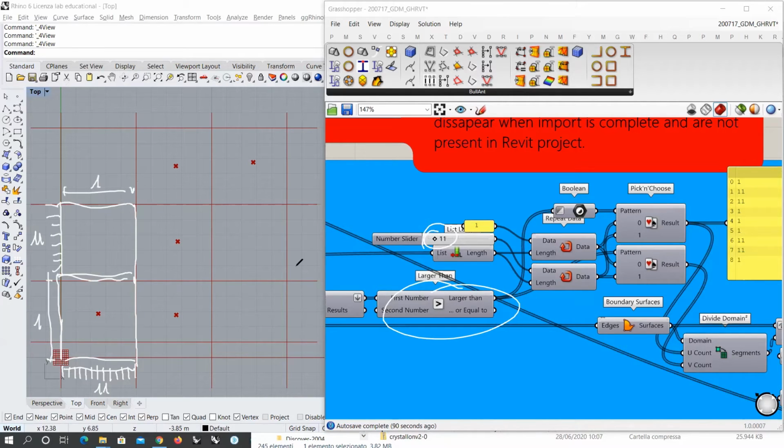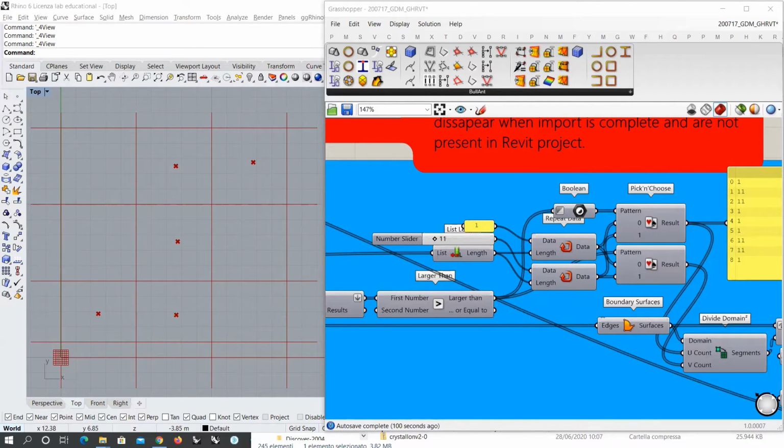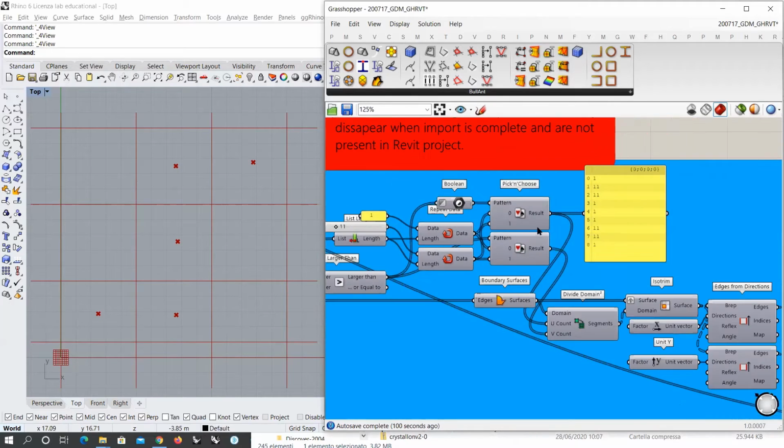Okay, so that's what I'm doing right here. The way it's done, you can study this because I'm going to share this definition with you, but it's basically